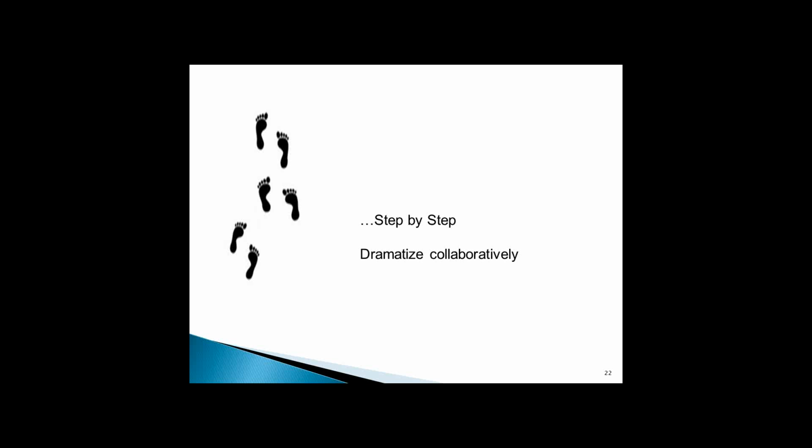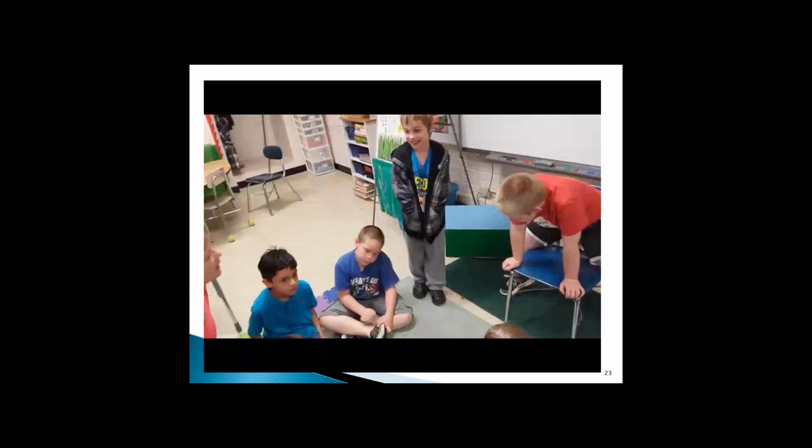The next thing, though, is I want the children to work together to dramatize the story. They're going to embody the story. With this group, we had already chosen who was going to do what. We didn't have a whole lot of kids in the group, so I had to be one of the characters. I want you to see just the ending of it so you can see that these kids really did get it. Now, I should tell you that I had not met these children before, hadn't even really gotten to observe them except for those few minutes before I started, where, as I said, we were in chaos. But they got the story.